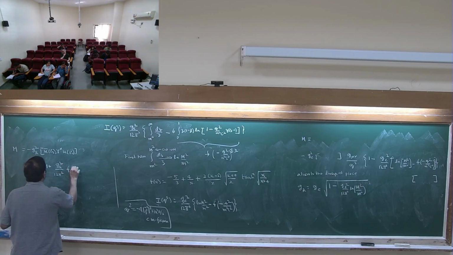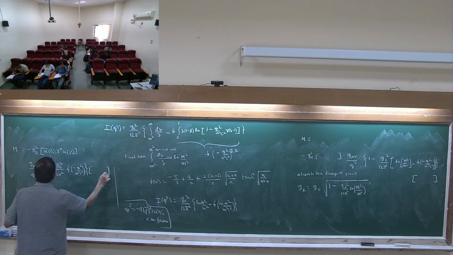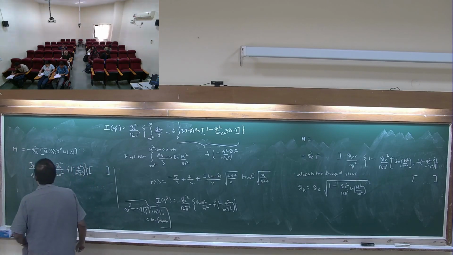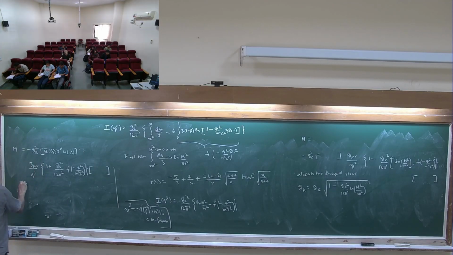Times therefore q squared by m squared c squared. Okay, that's how it is, whether we like it or not. So this is how I write it. So infinities are gone now, no infinities. Perfectly finite,